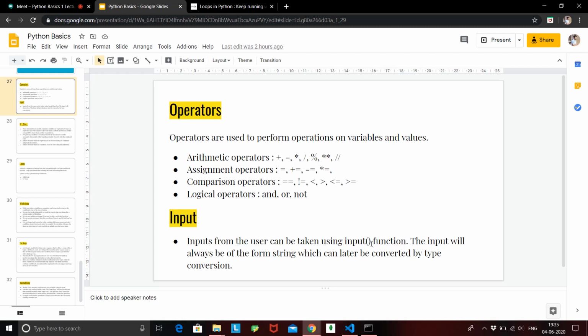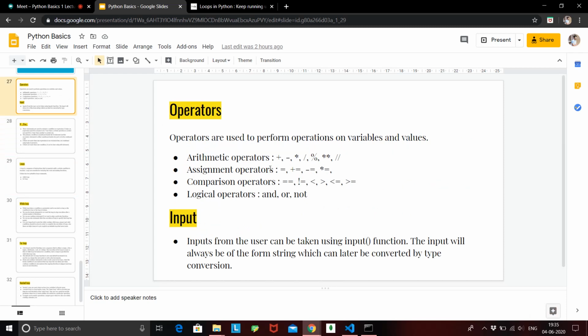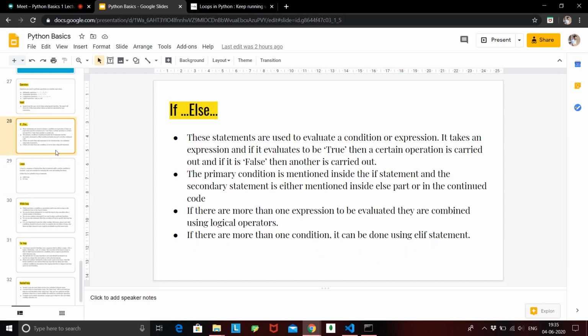Then in your code, use the two numbers and give the output saying which number is greater, the first or the second. That will be a very good practice for using if else statements. The operators will also be cleared, and the input statement will also be cleared. So you can take this as a small assignment for the if else statement.